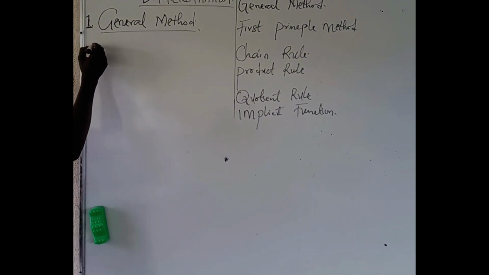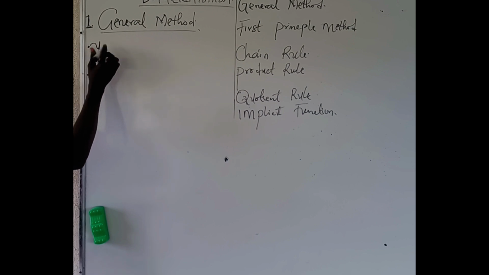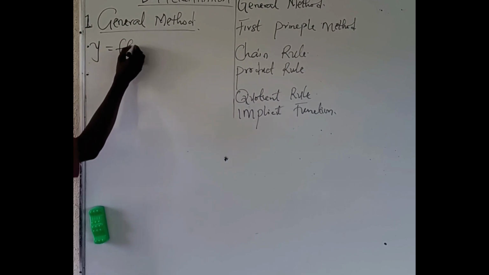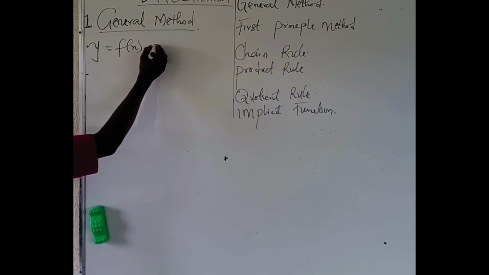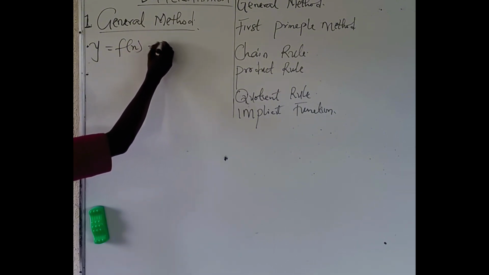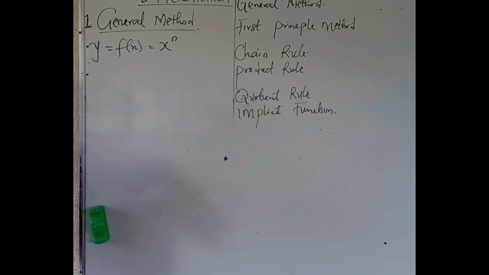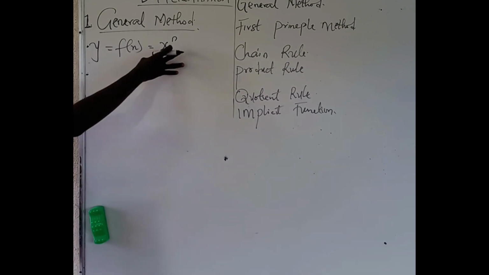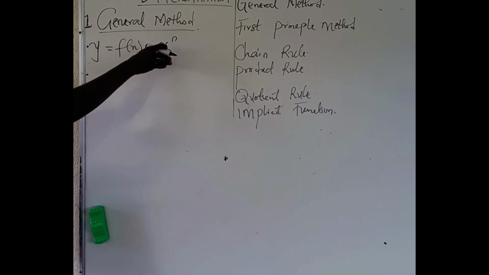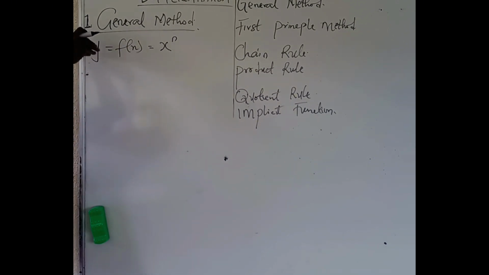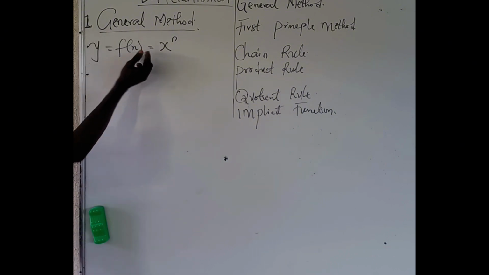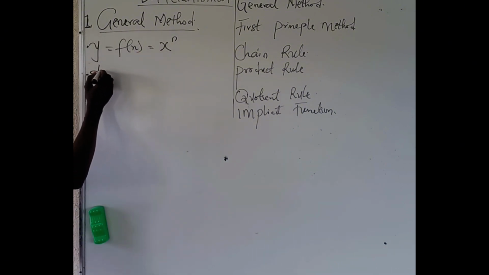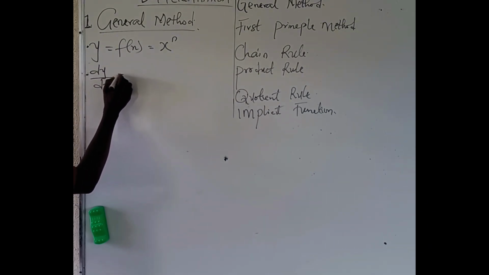When you have y is equal to f of x, just that f of x is equal to x raised to power n, you are differentiating with respect to x. So the idea of the general method is that dy over dx is equal to,